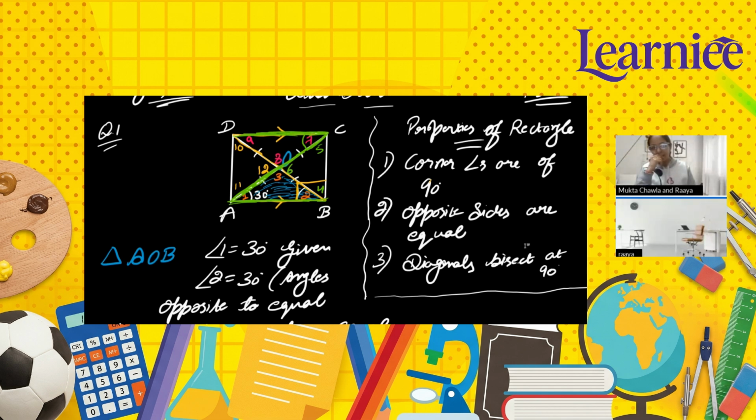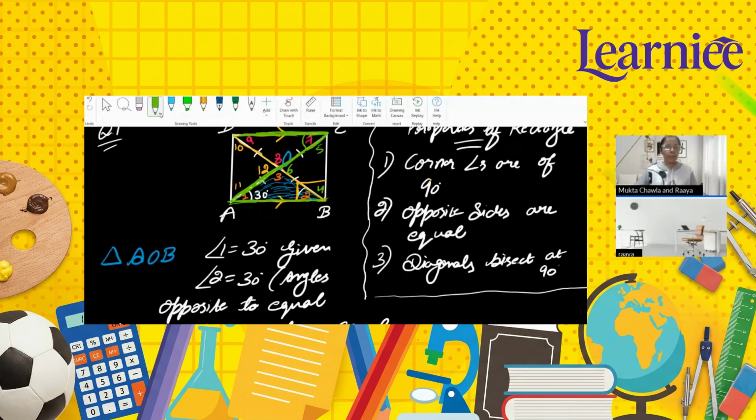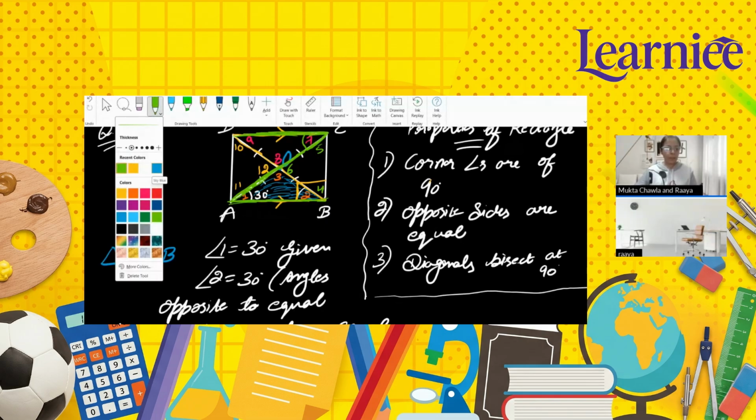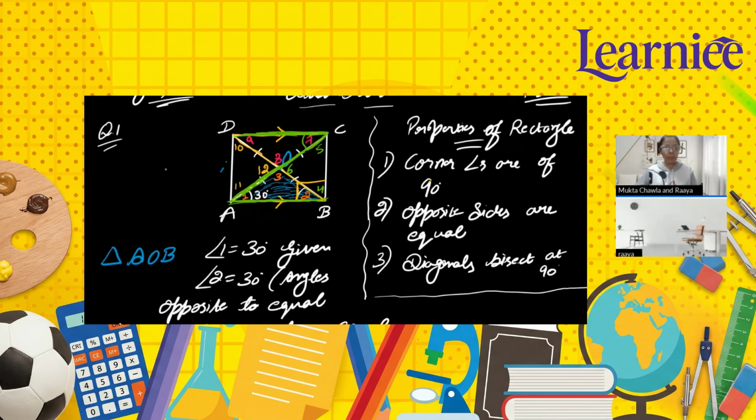And what else is there? Now we have to go with the yellow ones. Can you relate these yellow angles with any of the given colors? Here also you can go with the alternate angles, because earlier we had taken DC and AB as parallel, and since it is a rectangle, DA and BC are also parallel to each other. Am I right? So we can go with Z's of these also. So I'm highlighting one Z in blue. Then you can relate.